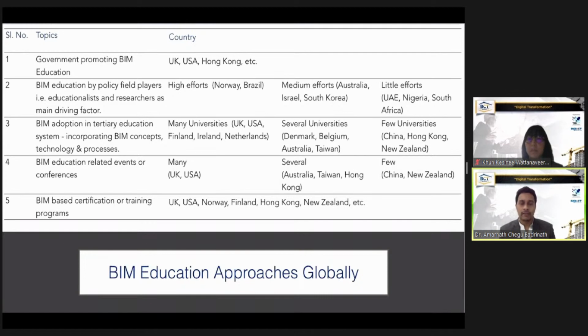So how has education been influenced in different countries? Different agencies have put in different levels of effort in different countries. As you can see here, there are 5 categories. Government promoting BIM education: government agencies themselves promote the education, like in UK, USA, Hong Kong, and Taiwan. The ministries fund the development of basic foundation courses, and it's open for everyone to learn. It's a right to learn. That kind of promotion from government agencies getting the funding and then helping out the